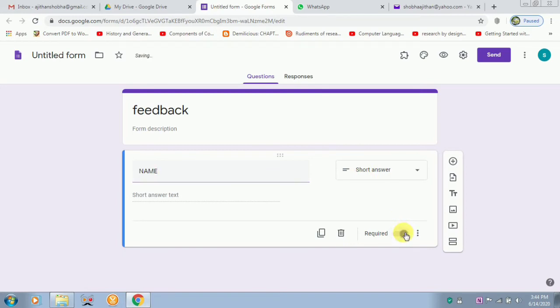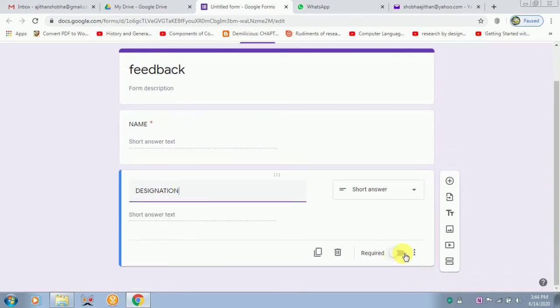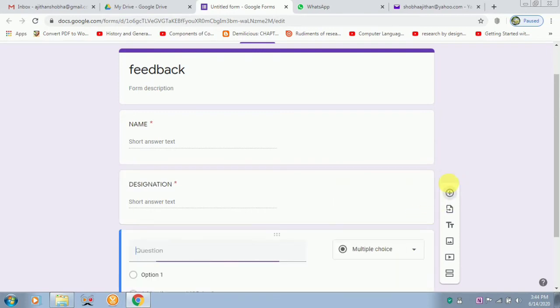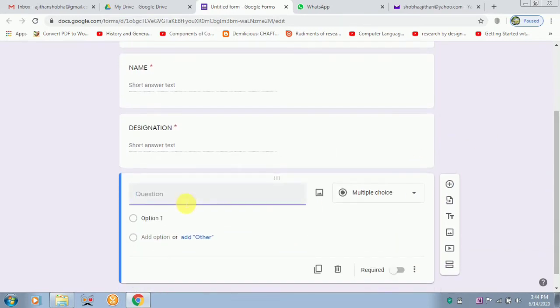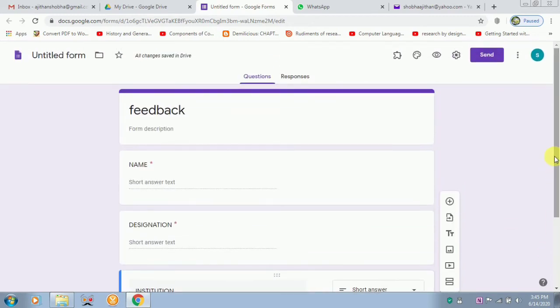Answer, click required, then click add question, type designation, and again it is a short answer. This is also required, and next again insert this and type institution. That is also a short answer. This is also required. And later what you have to do is you have to get back, click add-ons,